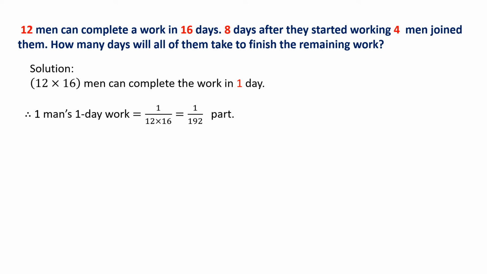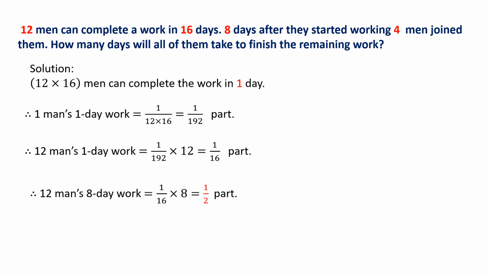1 man's 1 day work. Okay, 12 men actually worked for 8 days, so 12 men's 1 day work is actually 1 divided by 16. Okay, so 8 days after they started working, 4 men joined them. First we must determine what the remaining work actually is. And then 12 men's 8-day work is 1 divided by 16 times 8, equals